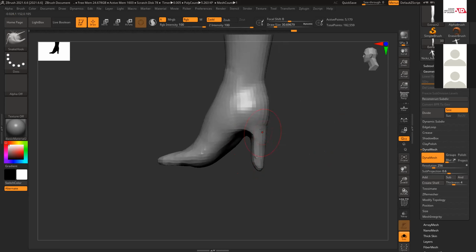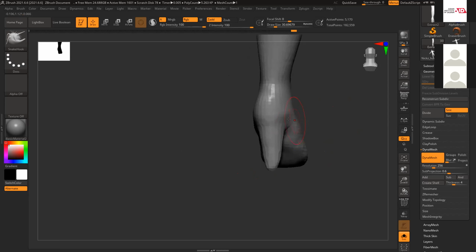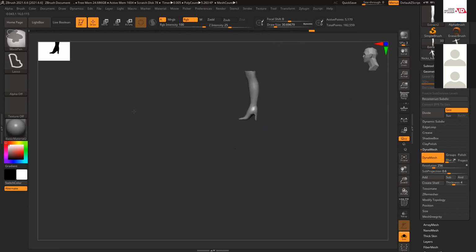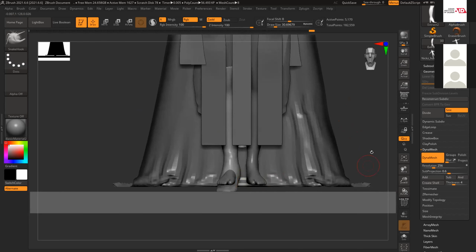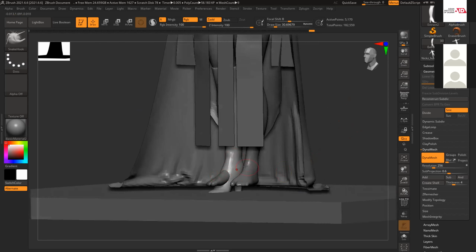Redynamize. For this, I have to fix the leg also, and later I can delete the leg, but that part is not required anymore.